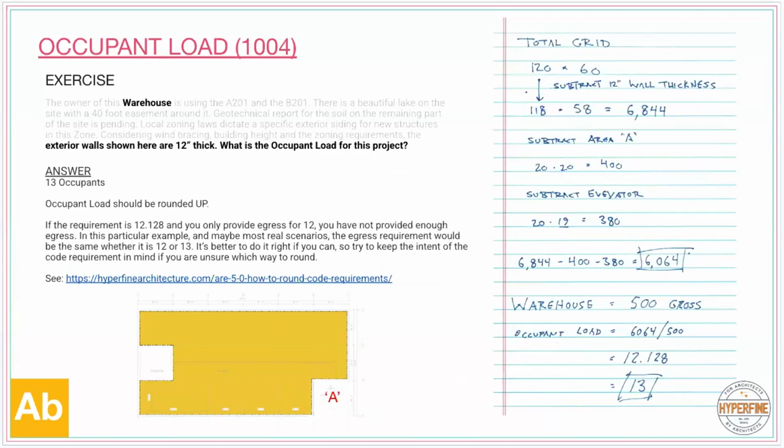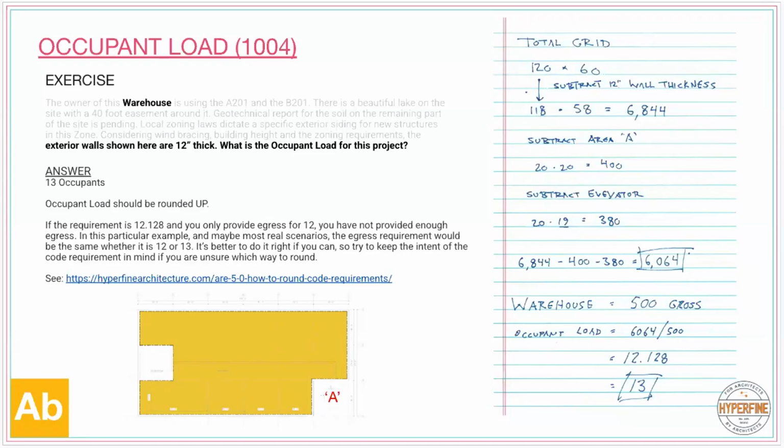This one was gross. The entire trick of it was that it's a warehouse. That was the only information you have about the function of the space, right? So the occupancy doesn't matter. The function of the space is warehouse. So you have to go to Table 1004.5, find warehouse. You see that it's a 500 gross factor. So now you need to find gross. And so per the IBC,